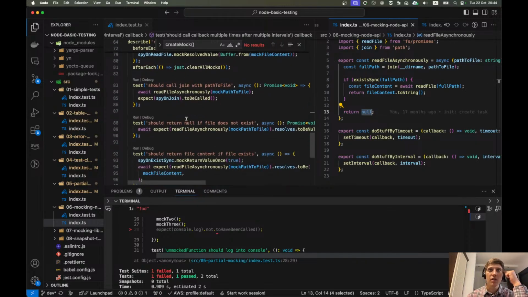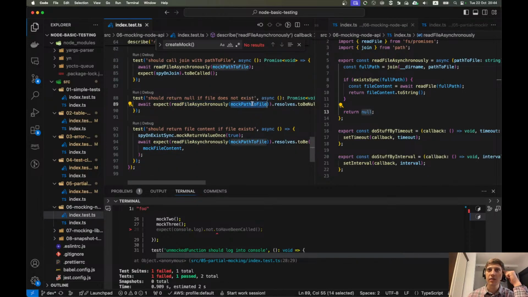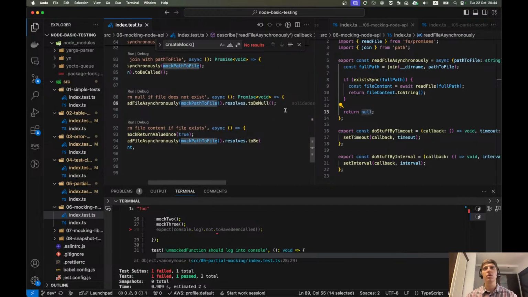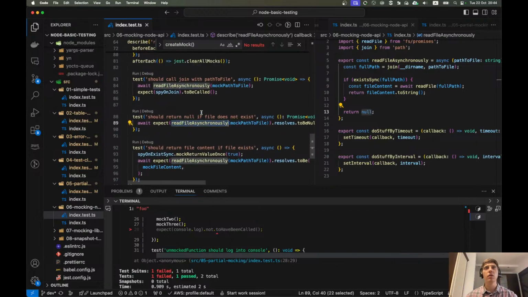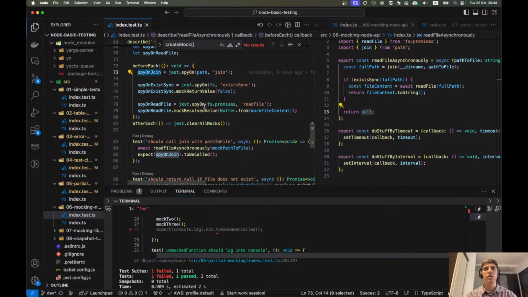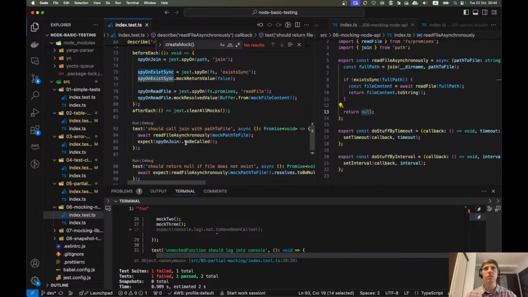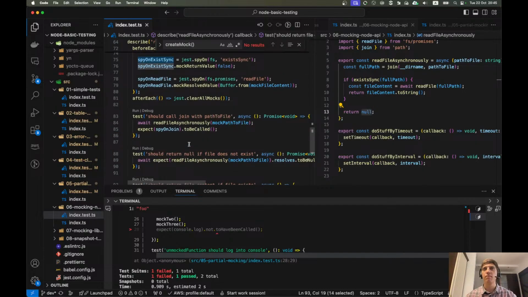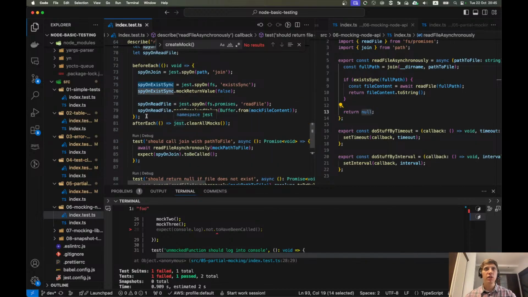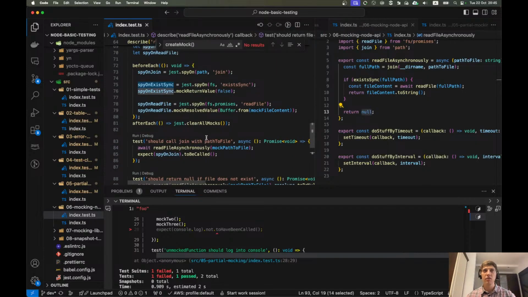So what happens? Should call join with path to file. Should return null if file doesn't exist. Mock path to file resolves to be null. Where do we mock it? Just spy on existsSync, file exists. Okay, this will work, and you can redefine values that are returned from spies, but from my point of view,